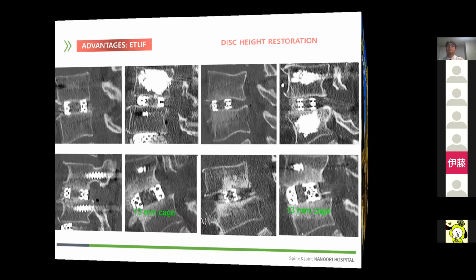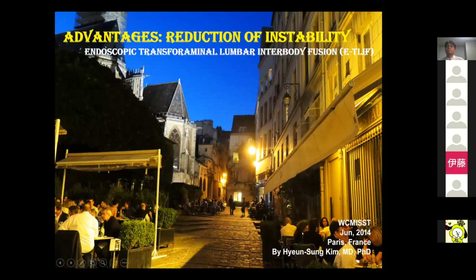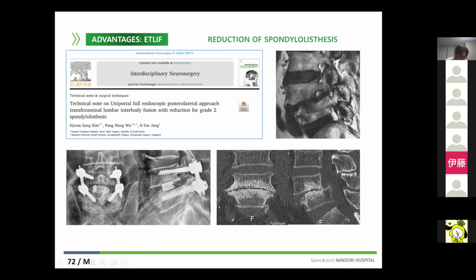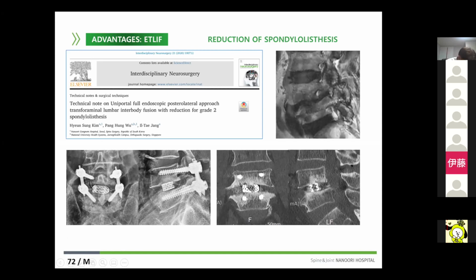And also because of that, the next advantage is related to degenerative deformity correction, as Dr. Son already commented. First, we believed that severe spondylolisthesis like this, more than grade 2, is not easy to treat, even with open surgery. But we also believed that endoscopic spine surgery would be more difficult for these cases. But unfortunately, this is easier because we can dock to the foraminal area and drill the disc space. Because of that, we can achieve sufficient disc restoration